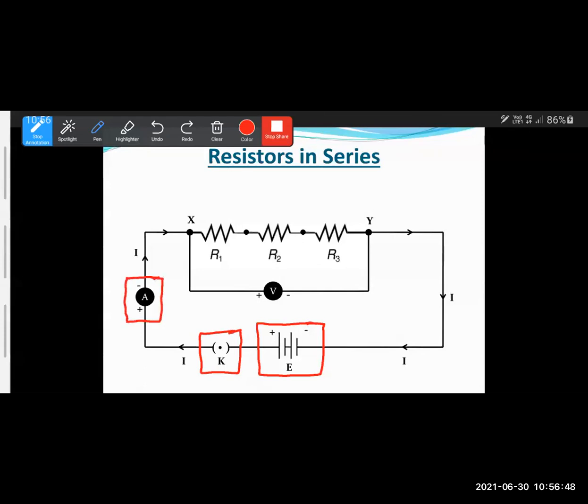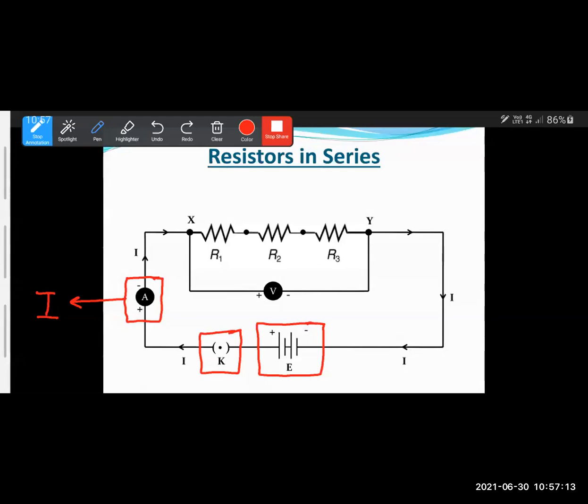Now you need to remember, an ammeter is a device which is used to measure the current in a circuit, right? So current is given as what? Symbol I. And one more concept is that an ammeter is always connected in series. Now we will discuss exactly what that means. Series means what? When the components are connected one after the other, end on end. मतलब एक के पीछे एक या एक के आगे एक.